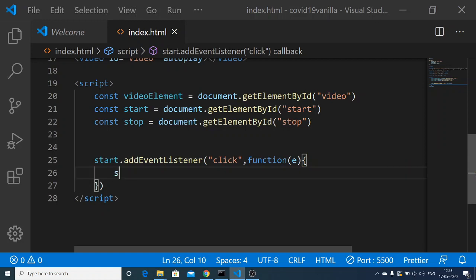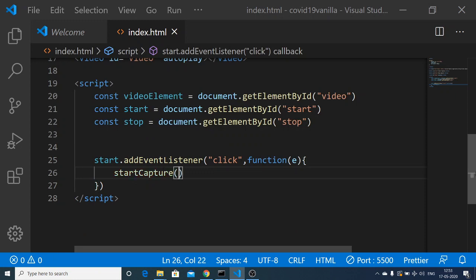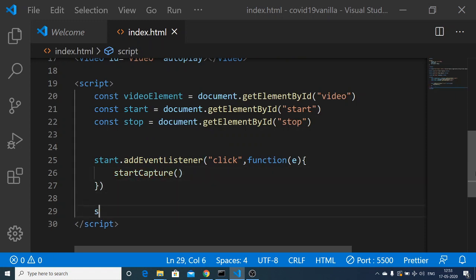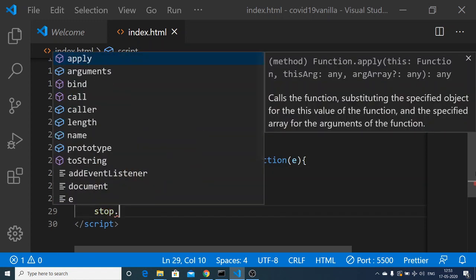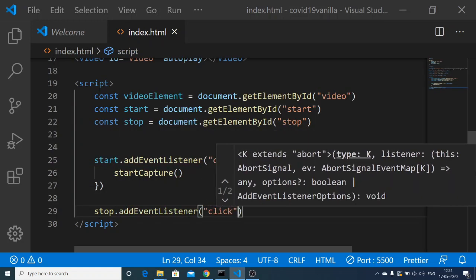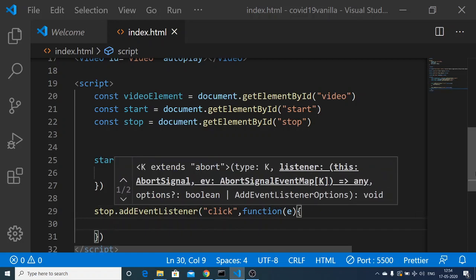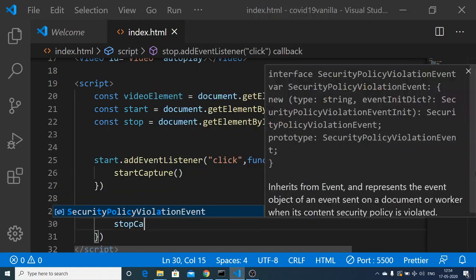Here we will be calling this custom method, which will be startCapture, so it will start the capture process. We will also attach a similar method to the stop button as well. This time this will be stopCapture.